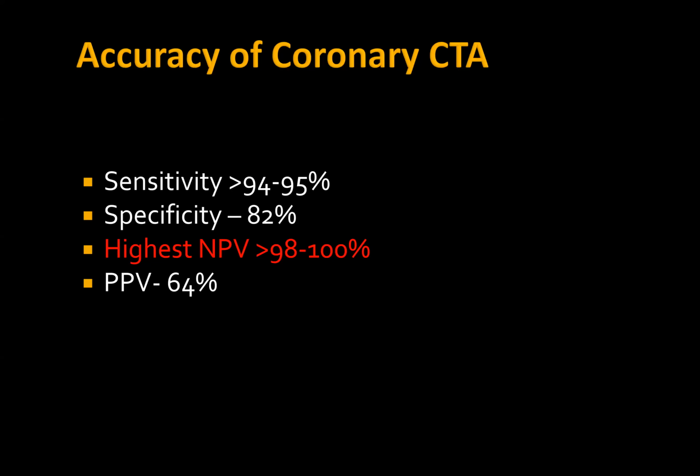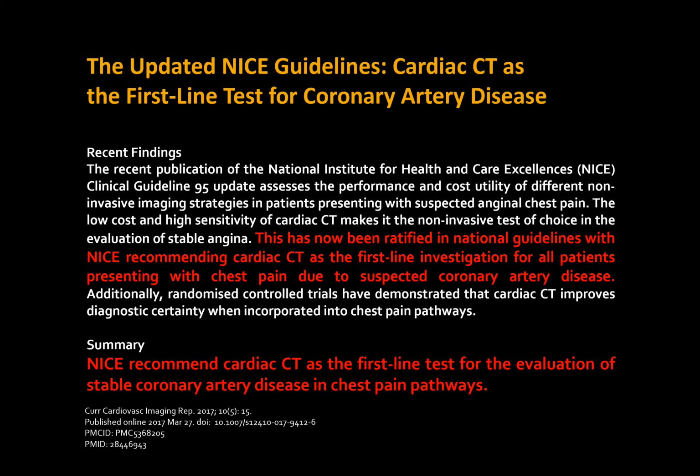Another thing is that CT angiogram is also very good for double rule out or triple rule out. Sometimes a young patient comes with acute chest pain, but there is no ECG change or high troponin. So they are asked for CT coronary angiogram to find out any aneurysm or rupture of the aorta, or pulmonary embolism. Recently, the NICE guideline recommended that CT angiogram should be the first line test to evaluate stable chest pain.